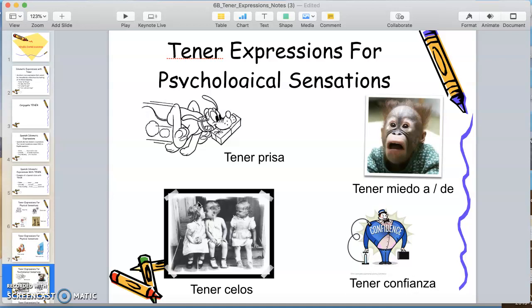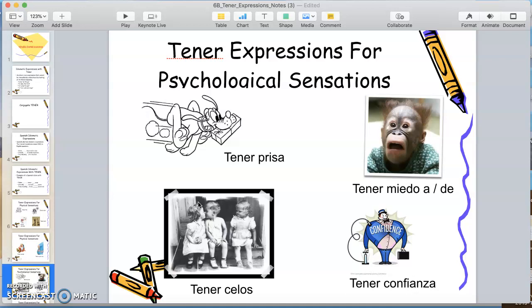So, we're getting more advanced next chapter where we can explain different things to people and ask character descriptions. And so say you see your classmate running down the hall. Well, perhaps the warning bell just went off. And you can ask them, are you in a rush? And how do I say that? ¿Tienes prisa? And they say yes or no, and if they're running, then probably they're going to say, sí, yo tengo prisa. So I need you to be able to take these expressions and then use them in context, okay?